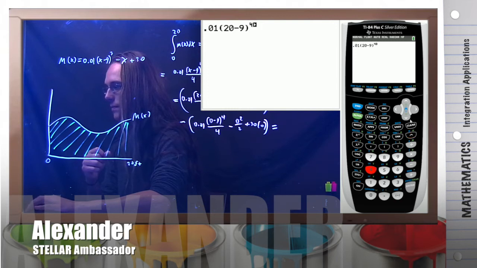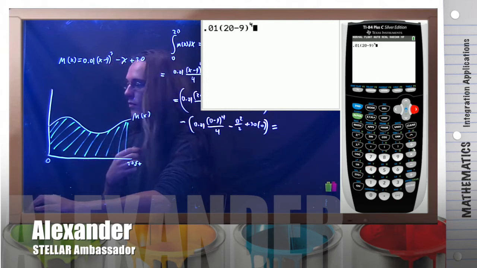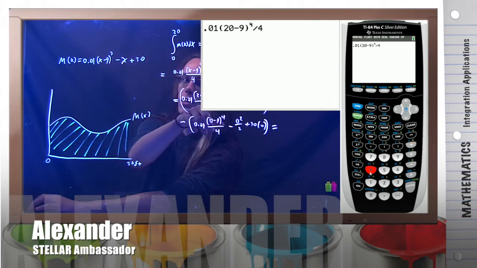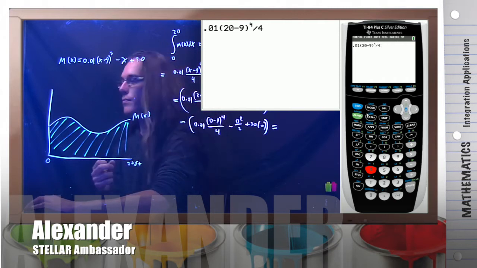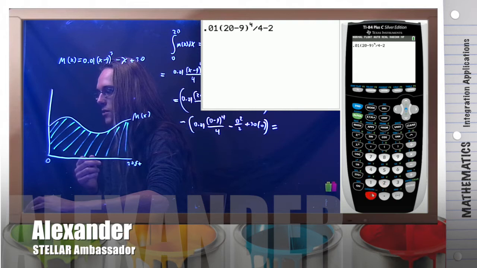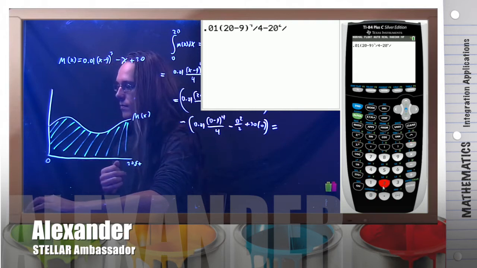Raised to the fourth. That's all divided by 4. Make sure when you're typing this in that when you do the exponent, your cursor is going to be hovering up there, so make sure to hop over. So it's divided by 4, and then minus 20 squared over 2 plus 30